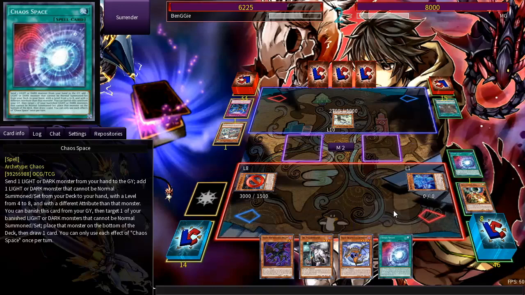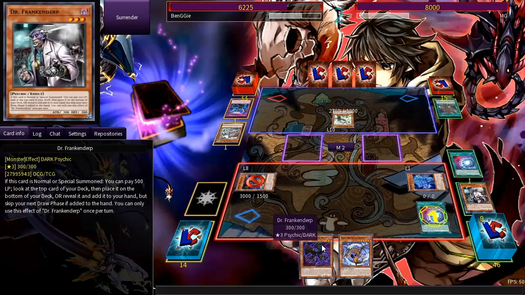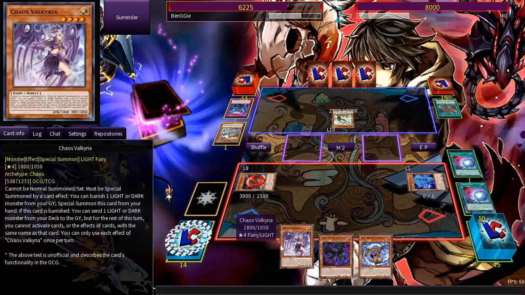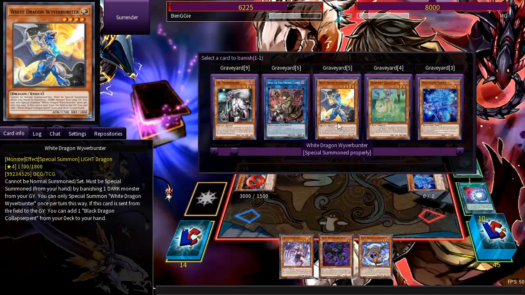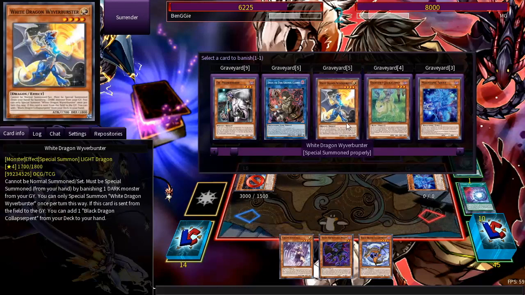But yeah, we can do that. Go for Chaos. Yeah, use Chaos Base. Discard, I think, Frankenturb. Yeah, so that's why we always keep one Valkyrian, so we still have one to search with Chaos Base. And then we summon the Valkyria. Doesn't matter, banishing. Right? I would probably go with Wyverbuster. We don't want to leave any lights in the grave for potentially some other plays. The Valkyria is gonna get in the grave anyway, but maybe